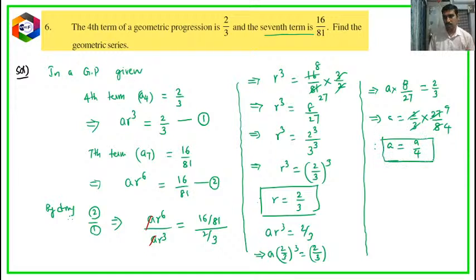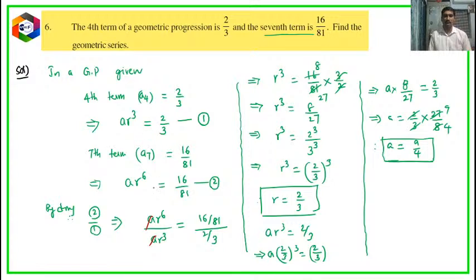Okay children, so now once again ar cube is 2 by 3 and ar power 6 is 16 by 81. Now here these are the two equations with a and r variables. Upon dividing these two, we can eliminate one of the variables. So therefore r cube is equal to 2 by 3 whole cube upon simplification, therefore r is 2 by 3. Once we get the value of r, let us substitute it